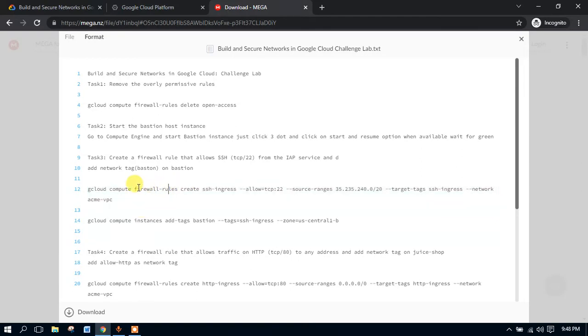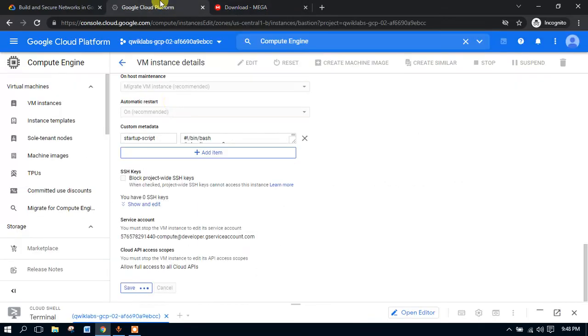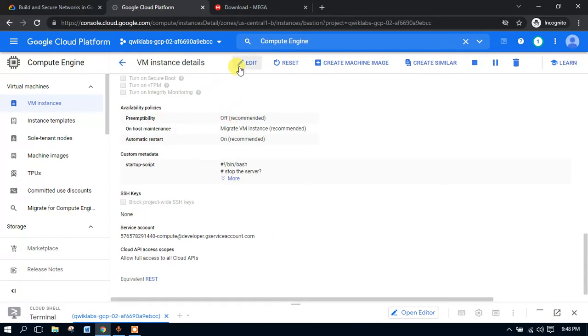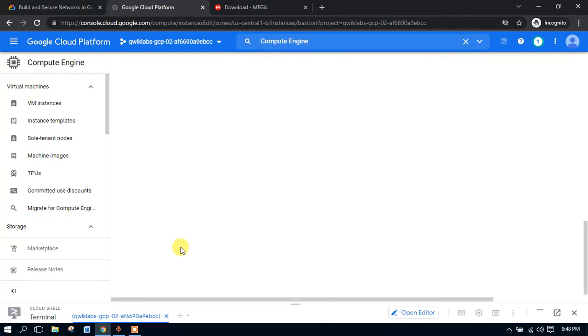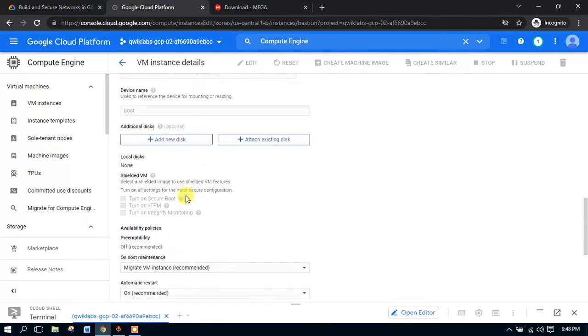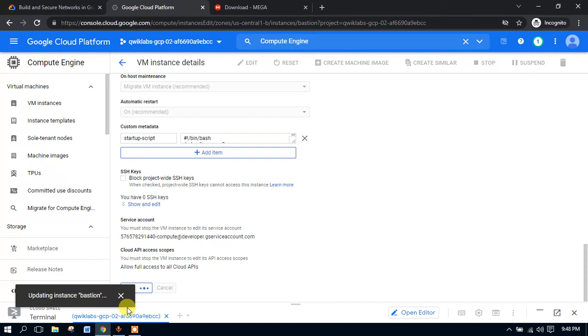Or I think instead of writing this bastion tag, if you write this tag, no, then it will be good. Just copy this. If it is saved, just edit it once again, and let's try. Wait. Okay, just remove this tag and paste it here. Just keep both tags, no worry. Let's see what will happen. Okay, click on the save button. Let's see if it will work or not.